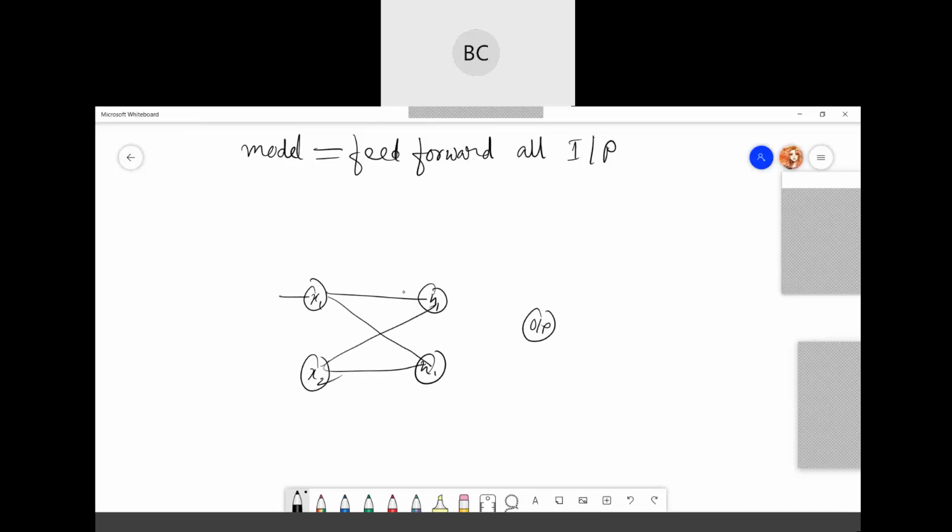Each of these neurons will calculate the output, then send it to the next layer of neurons. Ultimately it will calculate the error.